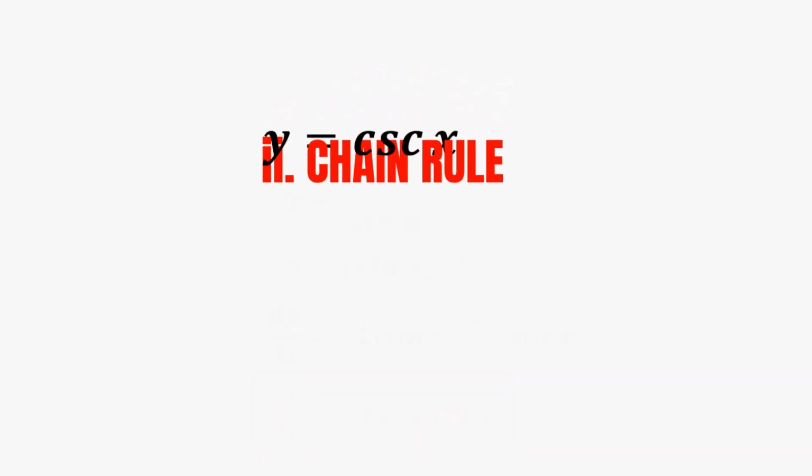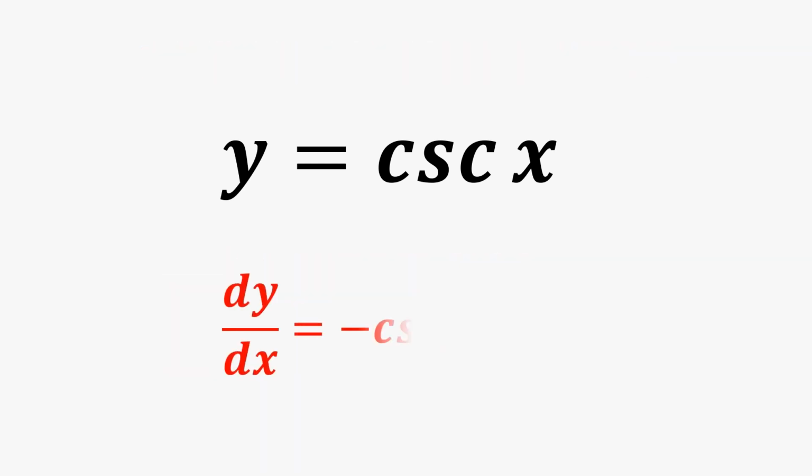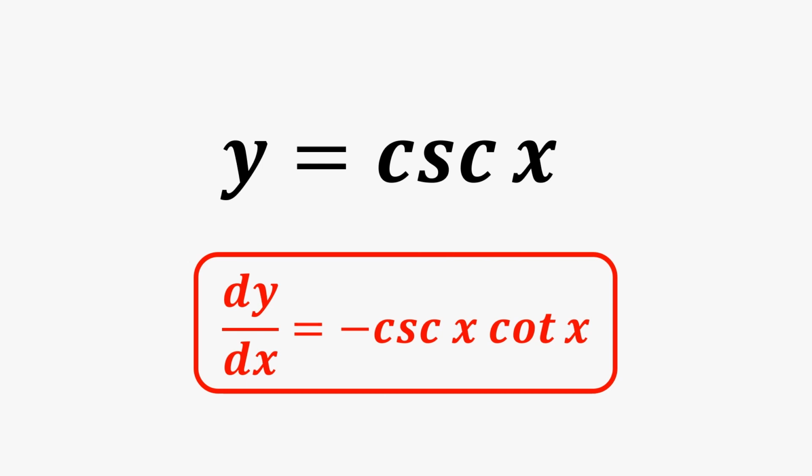That's how we take the derivative of cosecant x by using both methods, the quotient rule and the chain rule. By comparing these methods, we can see that both approaches eventually lead us to the same answer, which is negative cosecant x multiplied by